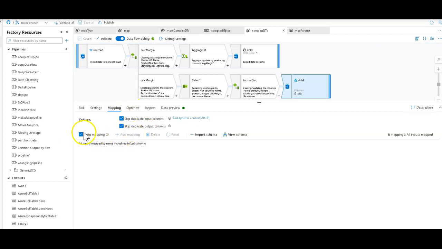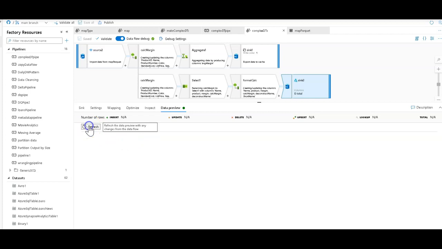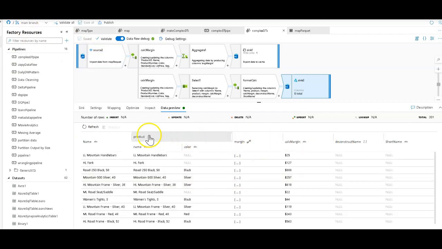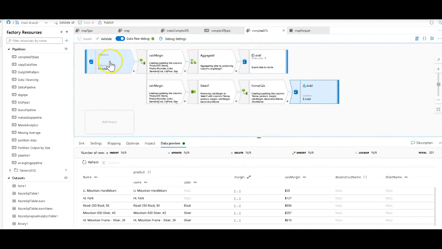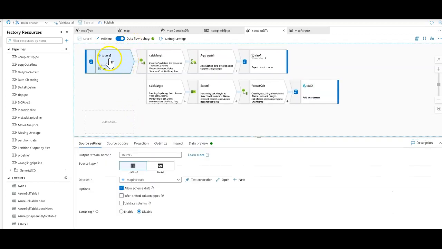So the mapping just says automap, and everything will come into that Delta Lake set of tables. And we'll refresh and we'll see the data now sitting in Delta Lake. And there it is. So now we've gone from relational to hierarchical and we stored it in the lake using Delta Lake. And before we go, there's one other thing that's very important for this to work that I want to point out. So on the source that I read from, the data that I wrote in that first data flow,